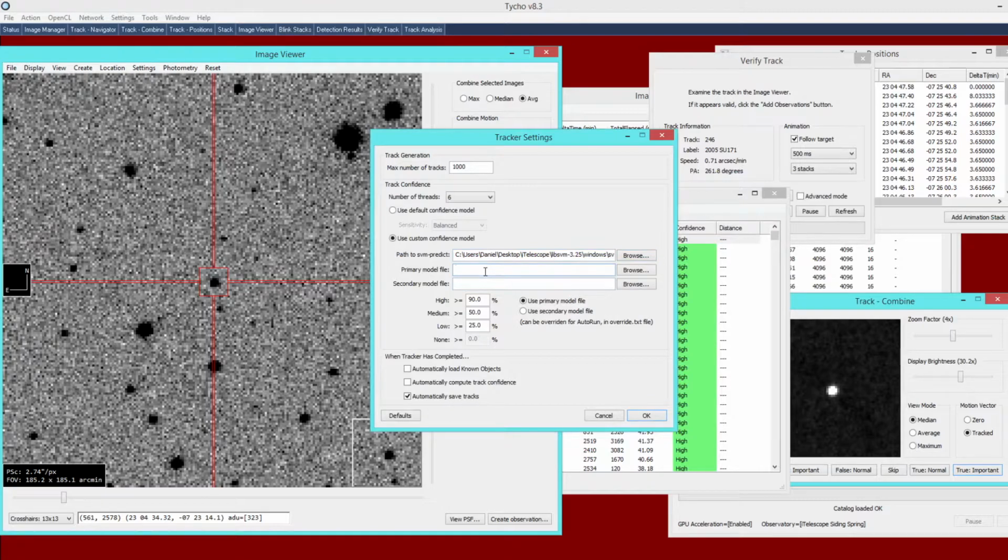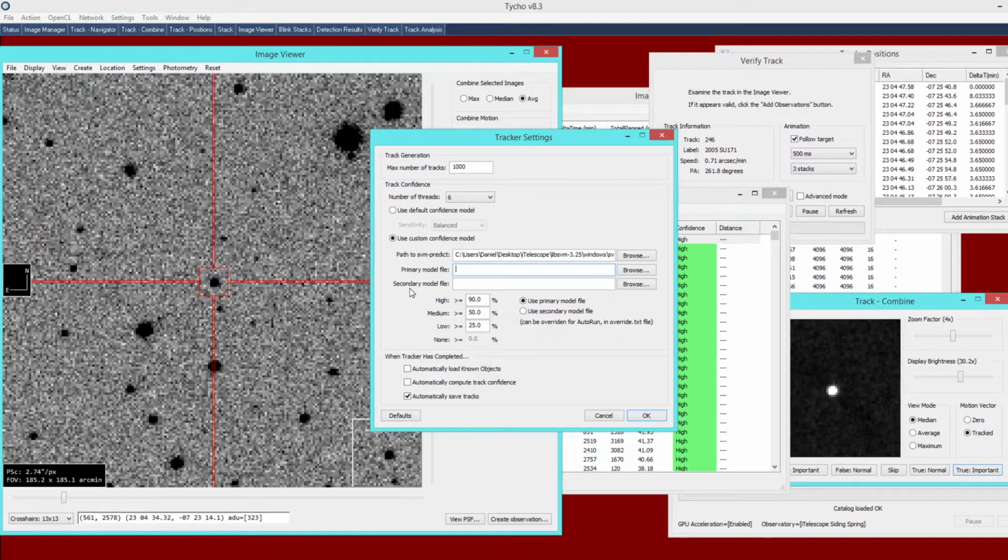And then the next step is to specify the path to what I call the primary model file. So you are permitted to have more than one model. You can have a primary and secondary. So the purpose of the secondary model file, as one example, might be that you might train a separate model on bin 1x1 images versus another model file on bin 2x2 images, if you wanted to do that. Otherwise, you might have it as a good way to compare different model files. Either way, it permits you to have that kind of flexibility, but for this example, I am just going to